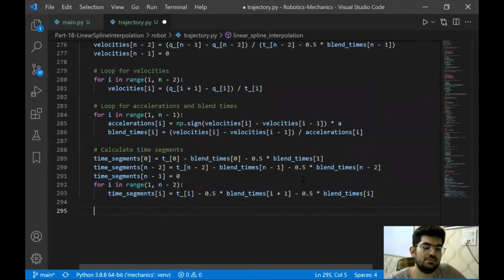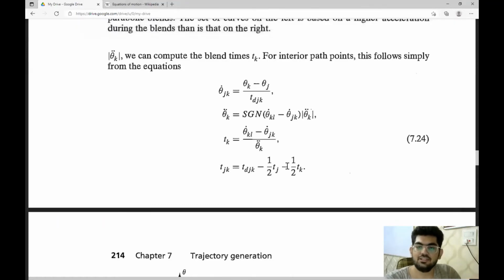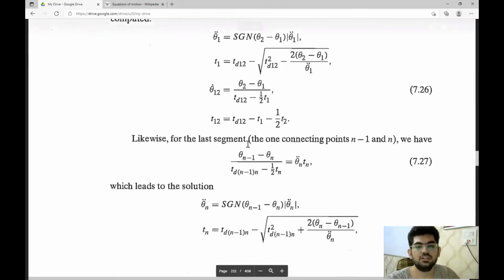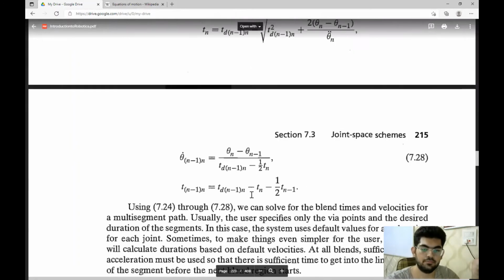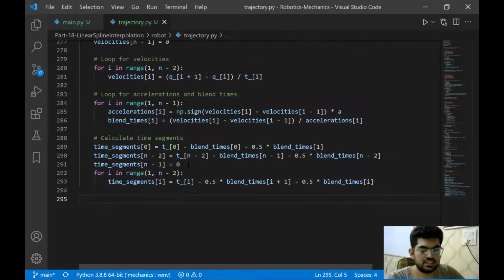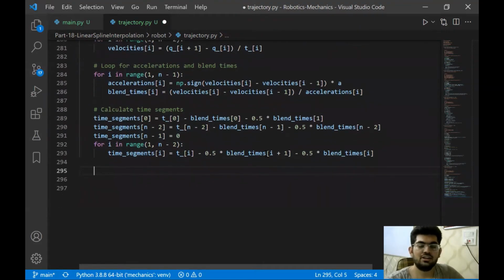All right, now all these time segments are calculated and the formulas are used, again described over here as Pjk is equal to whatever is written over here, and some different formulas for the first segment and the last segment right over here. Okay, and one thing that we discussed before, like the velocities and time segment size should have been n minus 1, but we are assuming the size to be n by making the last value equal to 0. All right, so all these values are now calculated.